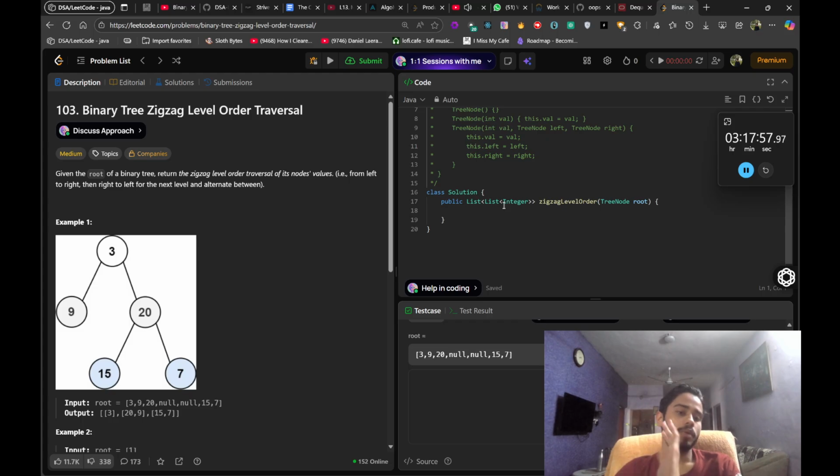Initially what we were doing was that whenever you encounter a node, add it to the queue. Initially you have the root tree node in the queue. What you were doing was removing it but adding its children, then removing the children and adding their children. So here what has to be done is that